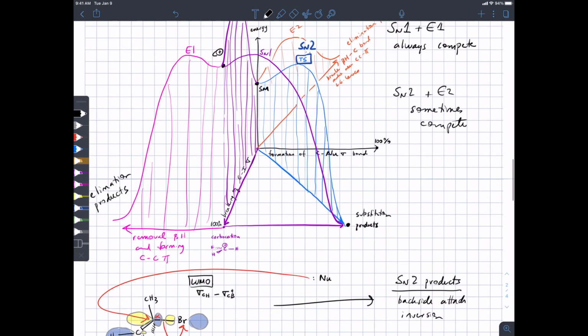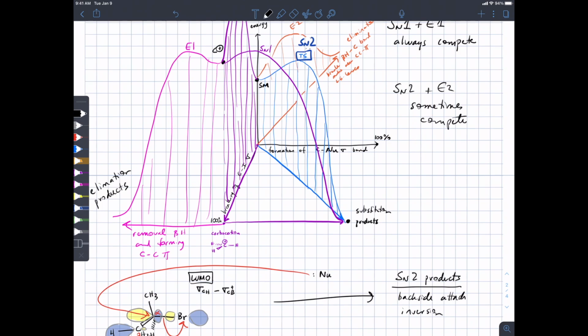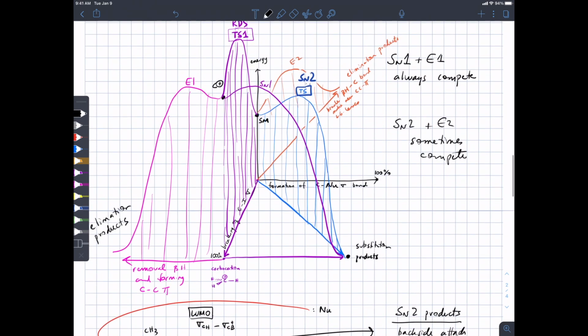Other questions? Give us a hand. All right. So that's horrible, right? You didn't know the world could be so horrible, but it is. Yeah. Looks like the E1 and E2 products would be the same. It looks like the E1 and the E2 products would be the same. Yeah. I'm trying to figure out how. I mean, yes. In general, though, there are some nuances to that, so I can't just say yes.